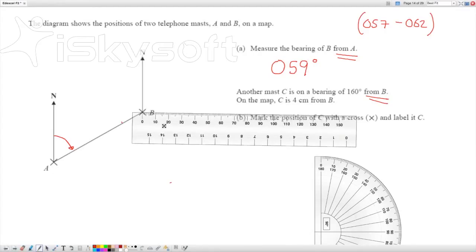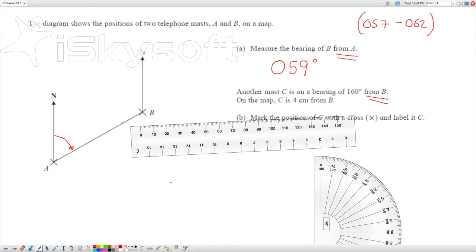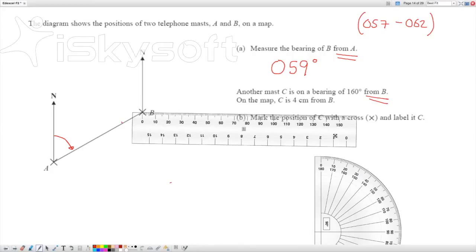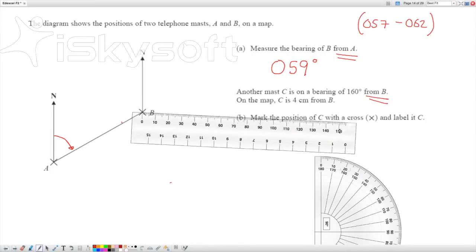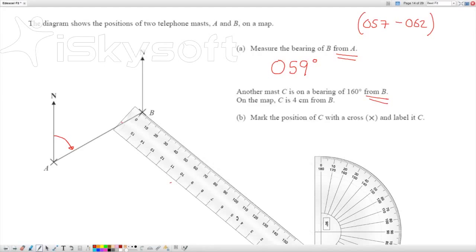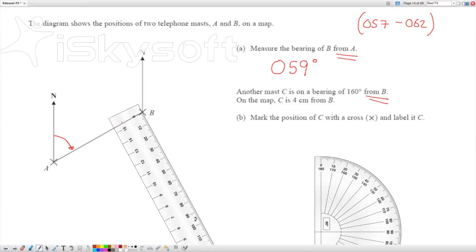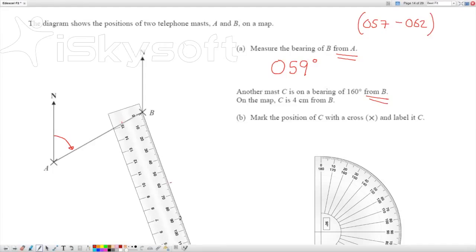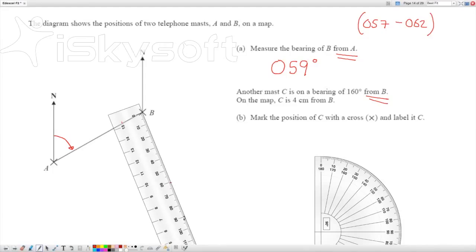I need to line that up again. Right, let me turn it here. Oh, that's now moving. Turn it up here. There we go. Okay, so I'm going to line this up with my marking, but I'm only going to go